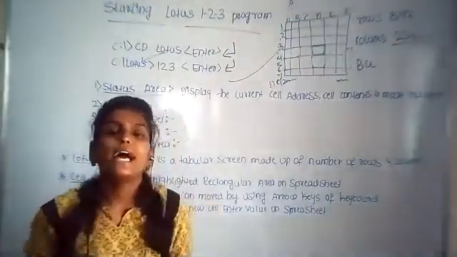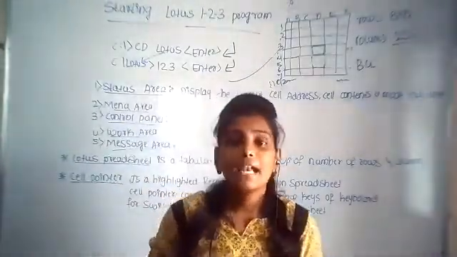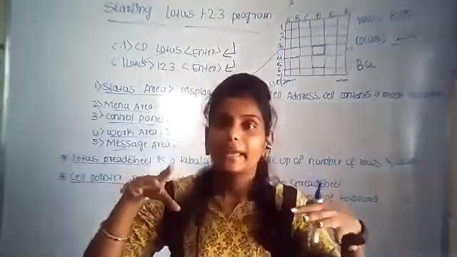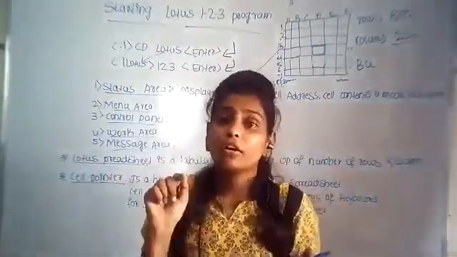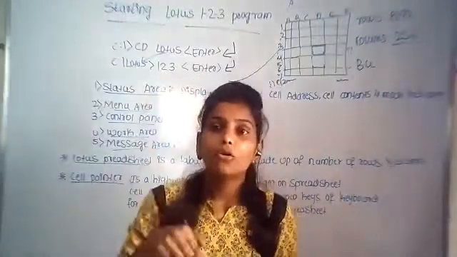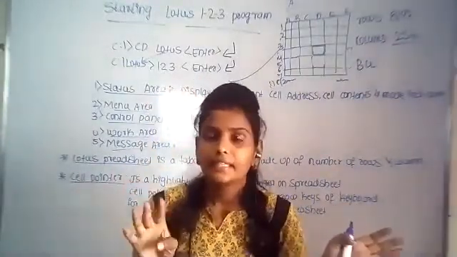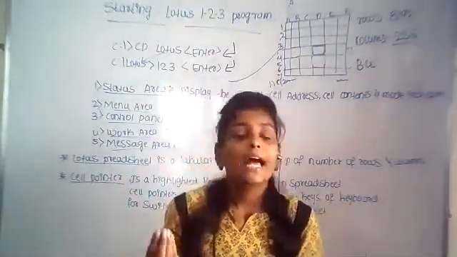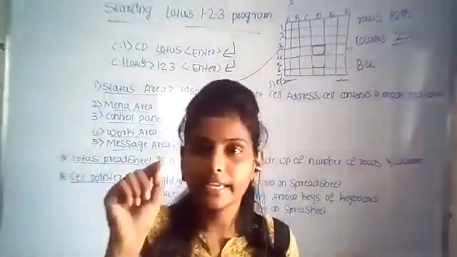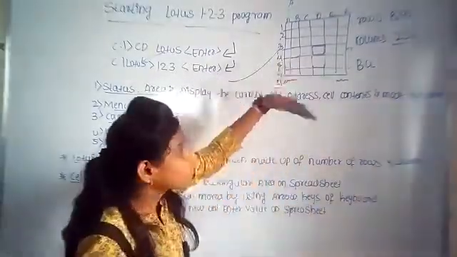Okay, so with the help of the mouse, also with the help of the keyboard, which contains the arrow keys: up key, down key, left key and right key. There are four options. With the help of those keys also you can move to another cell.